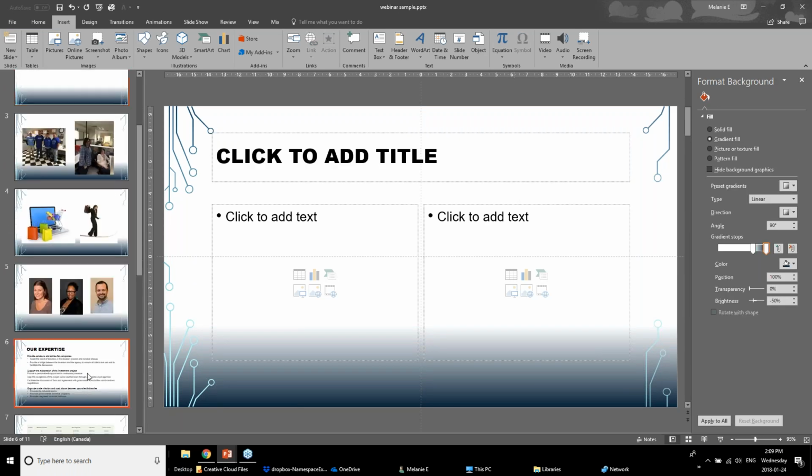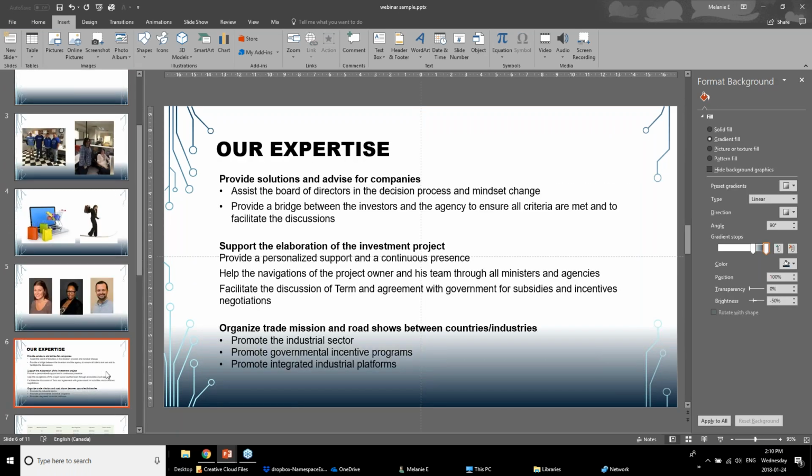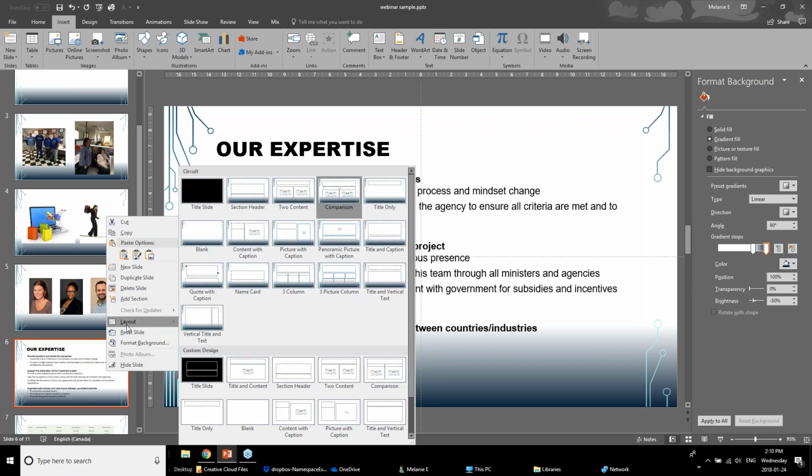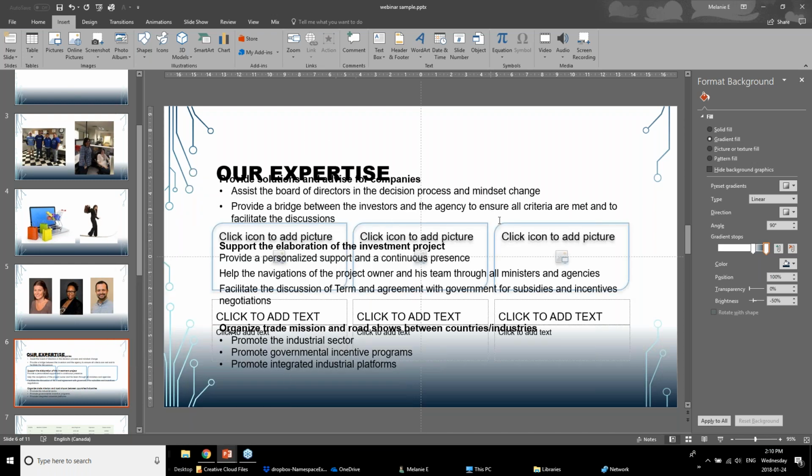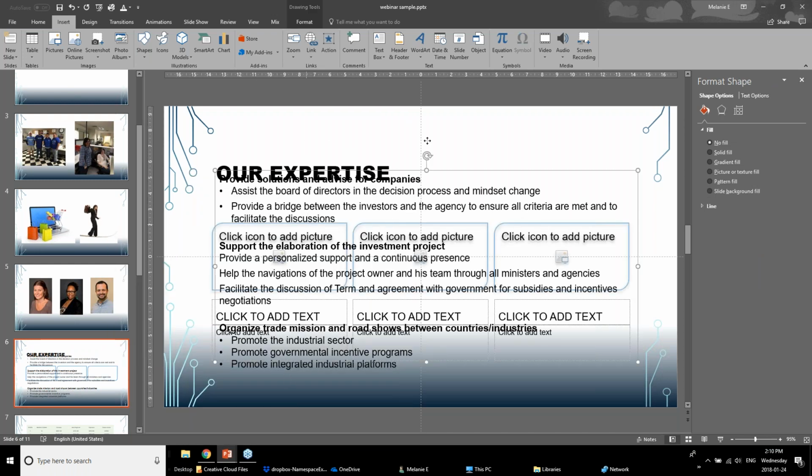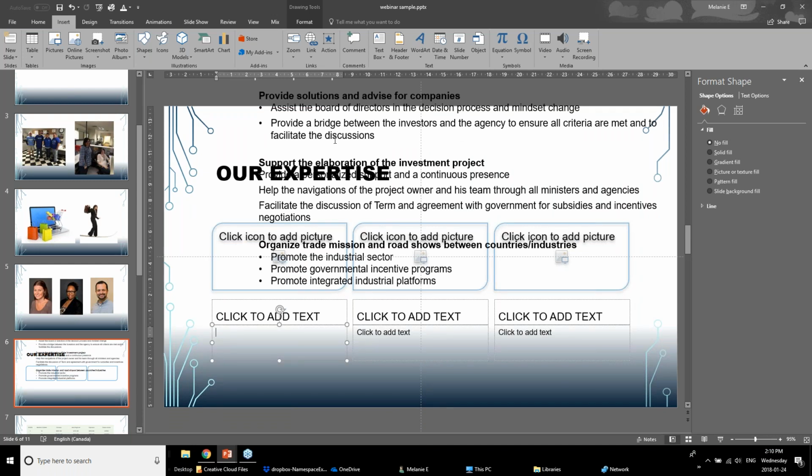Say, for example, with this particular slide that already exists, say I decide, oh, I've already created it, but I actually want it to have columns and I have a layout slide that already has columns in it. I can just right click and go to layout. Same sort of idea. I'm going to check from the list here all my different layout slides and I have a 3-picture column one. And so it's setting up here, and then all I have to do is spend a little bit of time copying and pasting the text